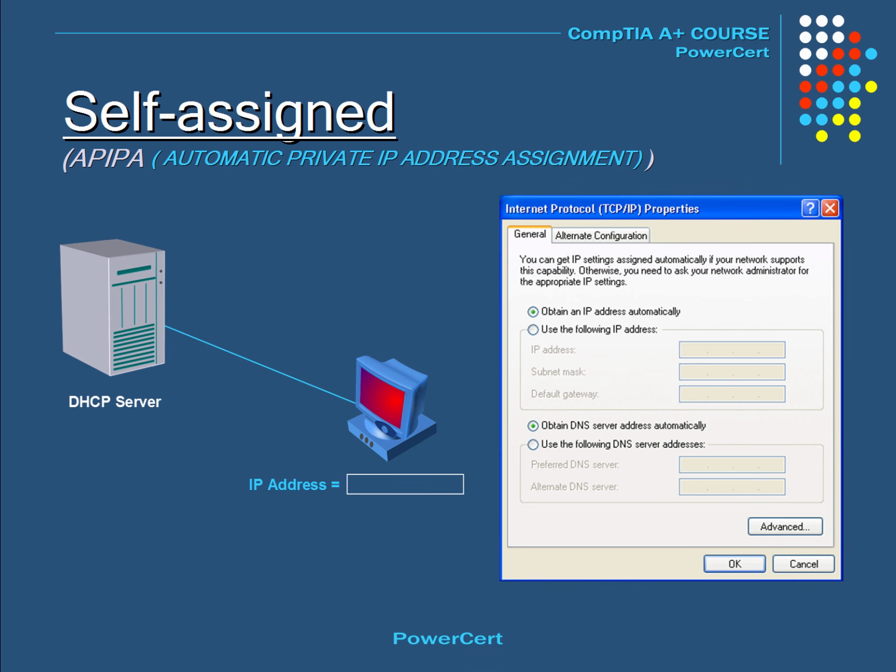When a computer is set to automatically obtain a dynamic IP address, it gets the IP from the DHCP server. But what happens if this computer cannot reach a DHCP server? For instance, what happens if the DHCP server goes down, or if the connection to the server is lost? If this happens, then for computers that are running Microsoft Windows 98 or later, the computer itself will assign its own IP address. This IP address will be in the